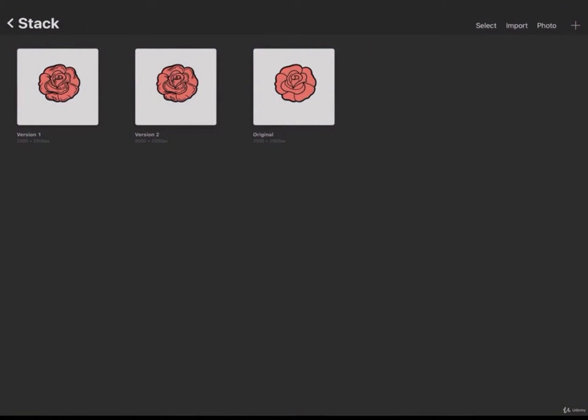So we're going to show you a little bit on the basics of selection. Selection is one of the most difficult things you're going to do in digital art. It's something that a lot of people have problems with, so we're going to show you how to do this easily. Now, we're going to practice non-destructive